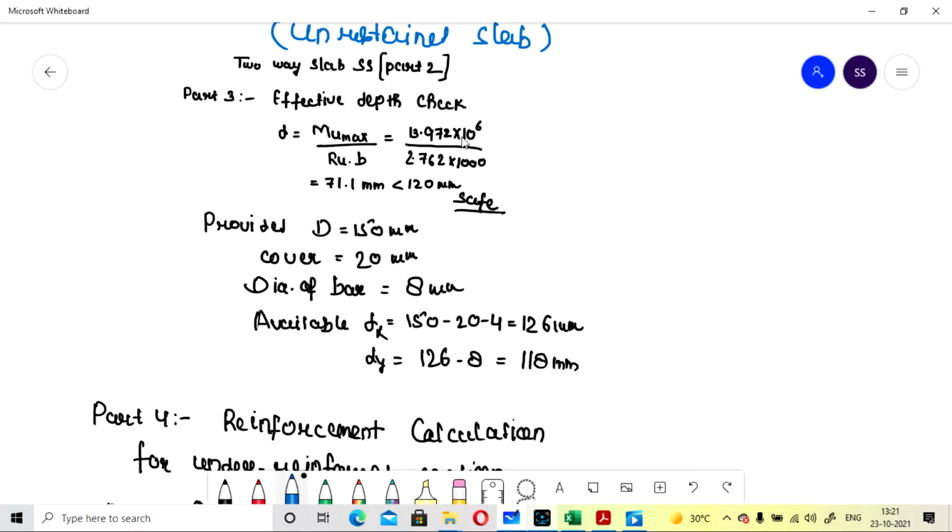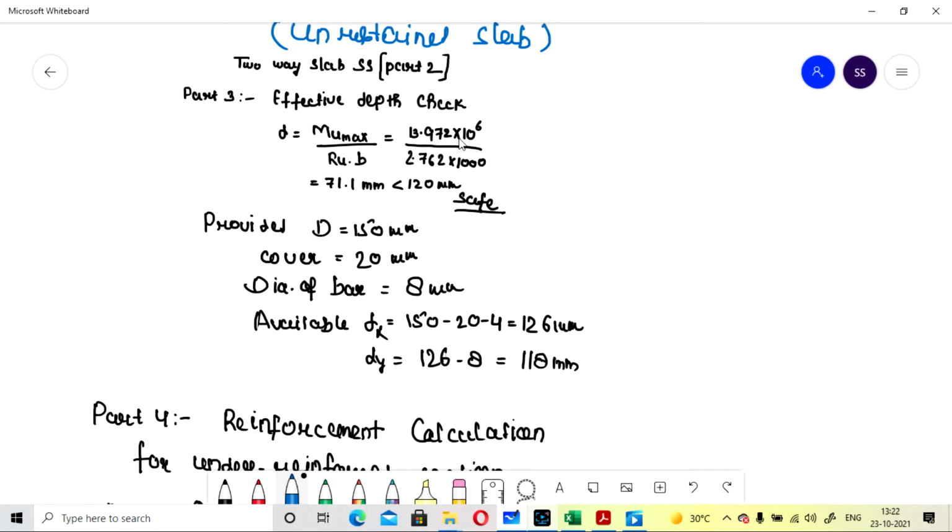We are going to take 1 meter of width, so it will be 1000 mm, and it will come around 71.1. The effective depth that we had given at that time was 120, so it is more than our calculated value. So our slab is safe for the design of effective depth.